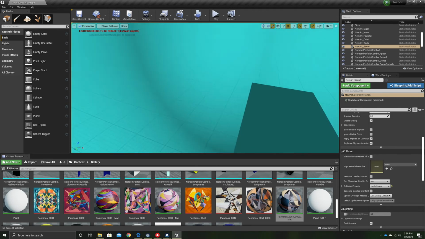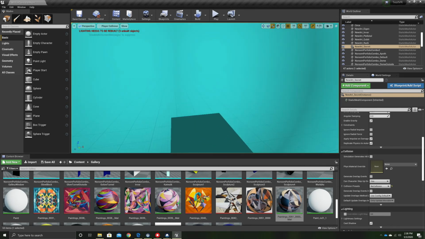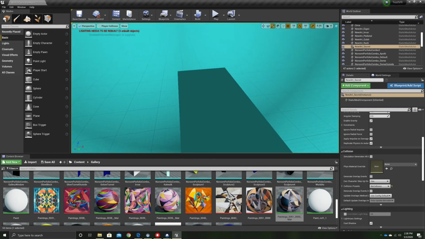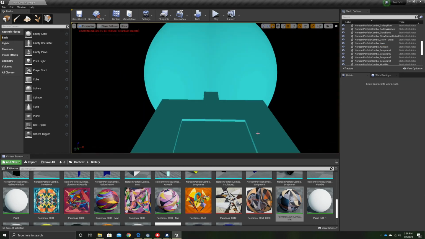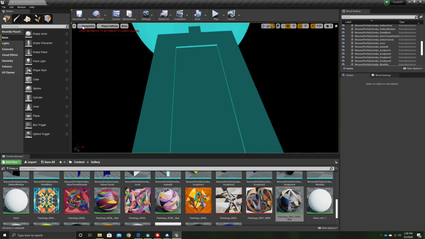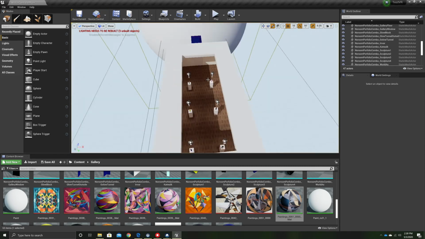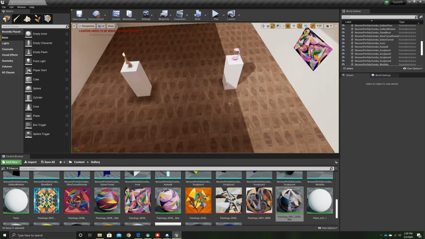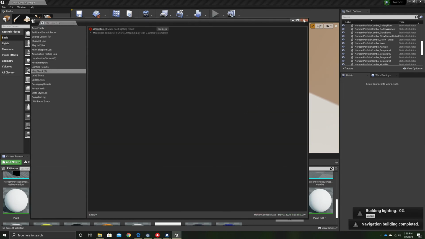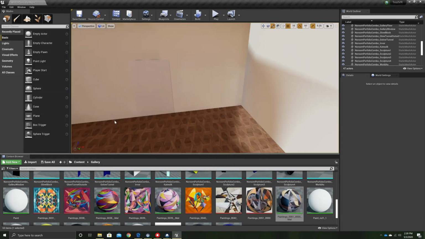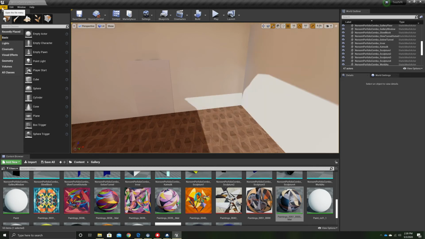You can see we don't have any blocking volumes in here to stop the player from falling in, which could be kind of fun. It might also be kind of fun to actually set it so that this thing disappears with a switch or something like that, which can be done, but I'm not going to mess with it. Okay, so that should do it actually for this part here. I'm going to go ahead and turn off collisions, put on lit, and then I need to rebuild my lighting. All right, and then I'm going to